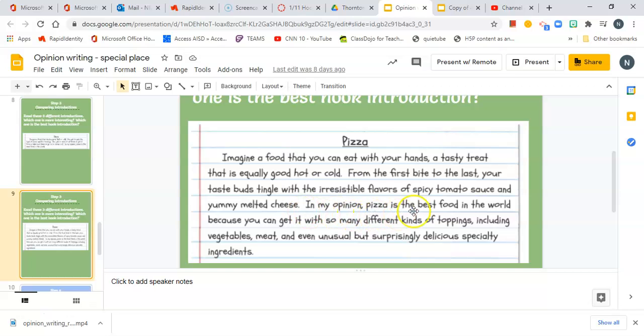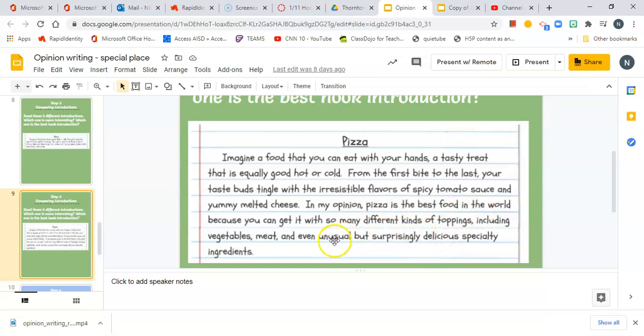In my opinion, pizza is the best food in the world because you can get it with so many different kinds of toppings, including vegetables, meat, or even unusual but surprisingly delicious specialty ingredients. So I can tell that they are going to be including their reasons. These are their reasons why pizza is their choice.